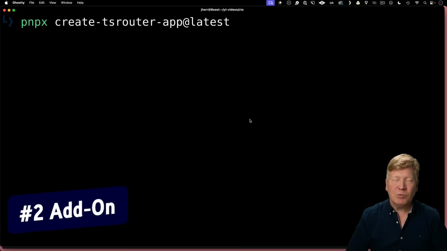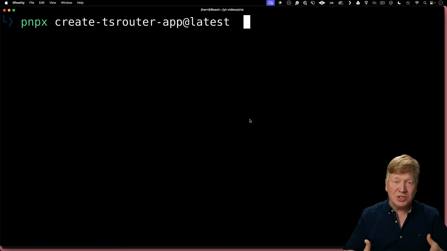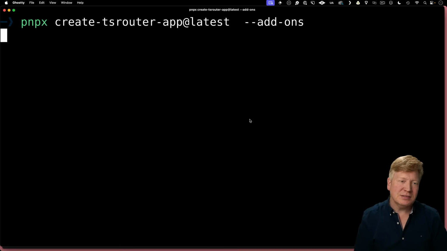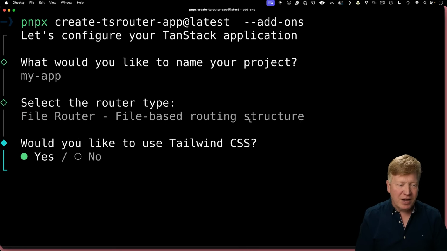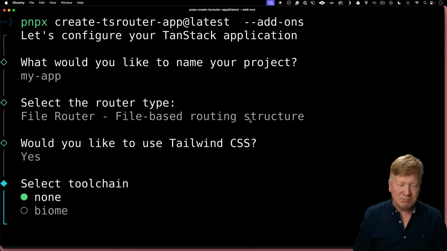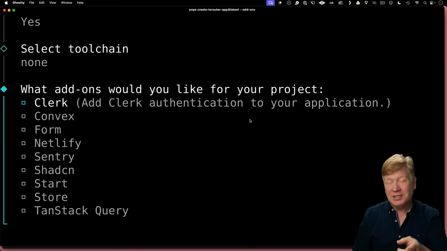The second big feature we added was add-ons. These are add-ons that you can add on to your base template to give you all kinds of cool new functionality. Let's have a look by just adding add-ons to the command line. Now we have a whole UI that we can walk through building an app. So I'm going to call mine My App, File Router, yes, Tailwind, no Toolchain,